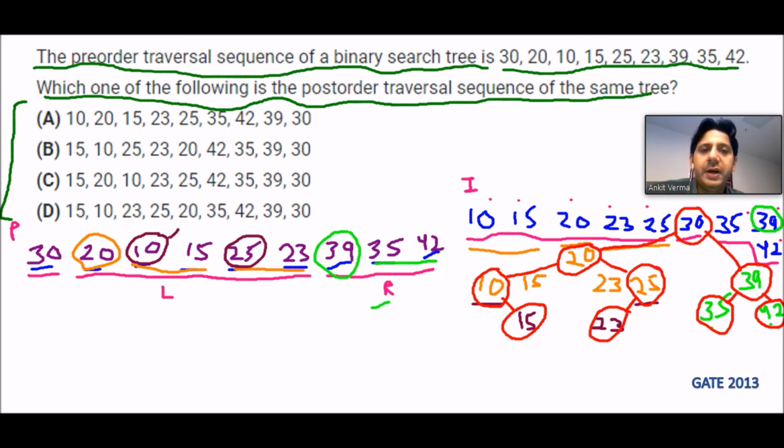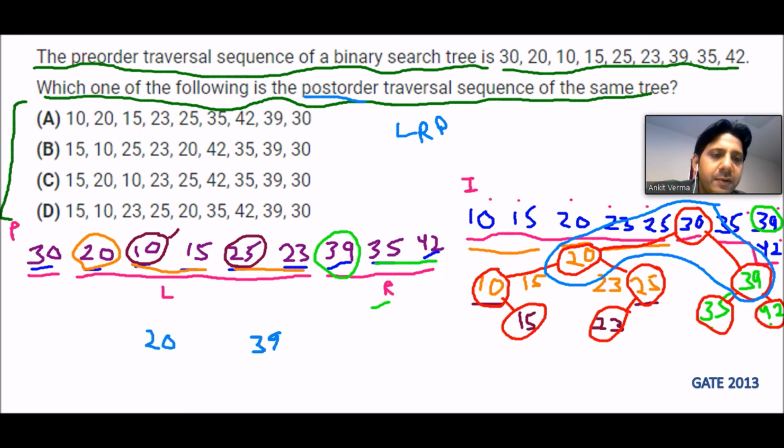Now we have to find the post-order traversal for this tree. If I select this particular area, the post-order will be left, right and parent. So first of all left is 20, right is 39 and parent is 30.